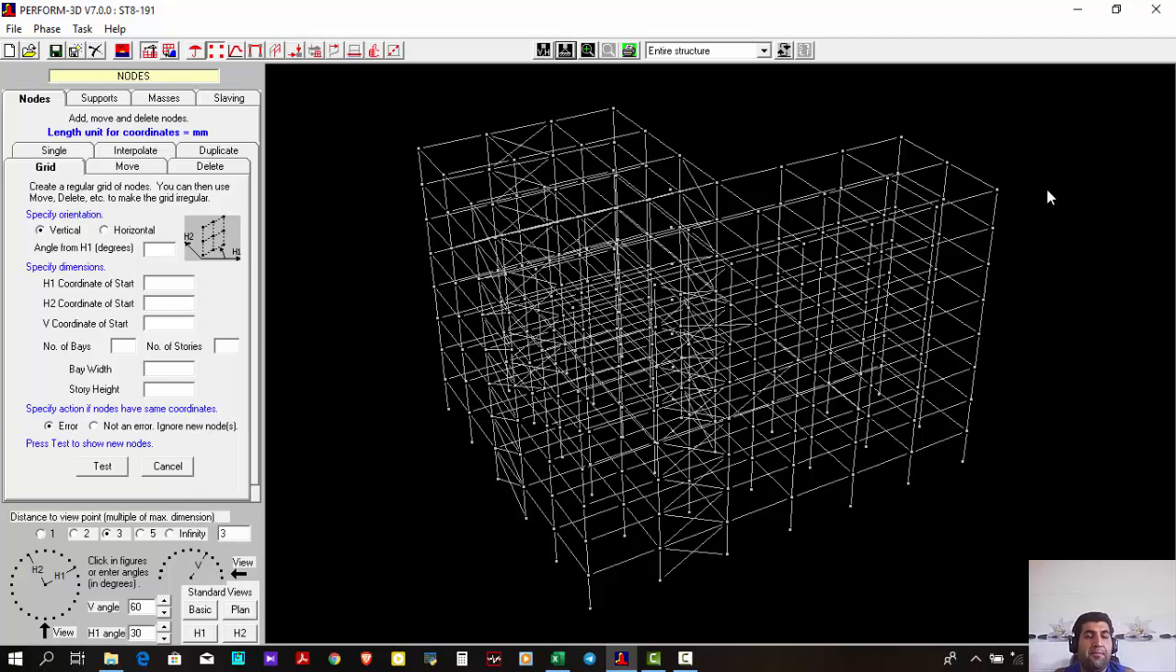I would like to examine the building with steel frame and with brace and viscous damper. In this model, the first calculated parameter